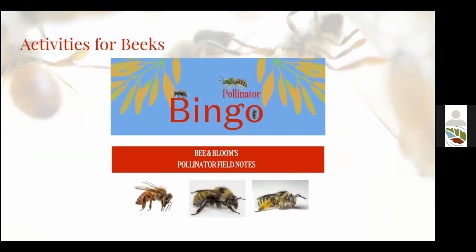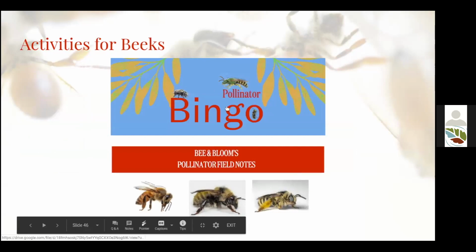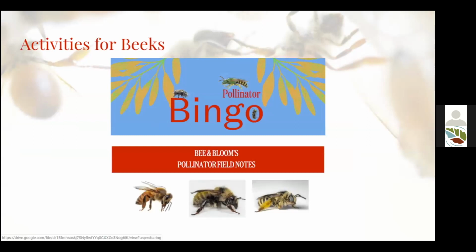All right, and then we've put together a couple of activities for you to use as well. So Pollinator Bingo, these are both links out, but also on the webpage at the end of this, I'll have a completely compiled list of resources for you to go through. So Pollinator Bingo is super fun. There are things on there like, oh, I saw a bee with pollen pants, or I saw a green metallic sweat bee. All of those items are really fun to go through and observe. And then we have a guided field notes activity for you to go through as well.